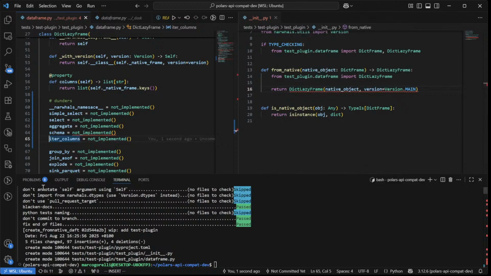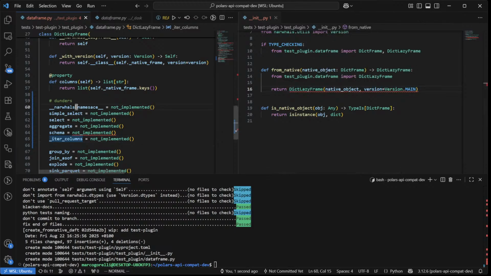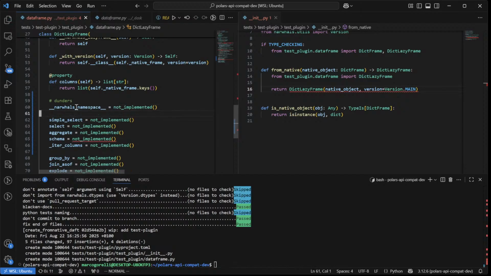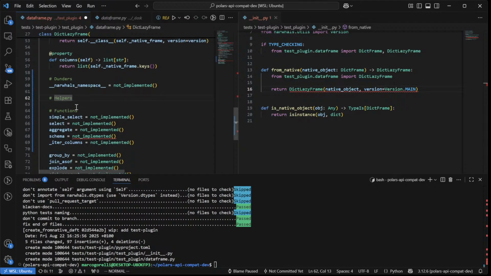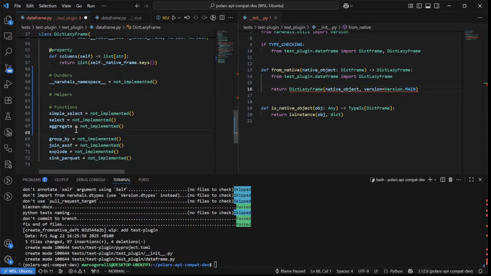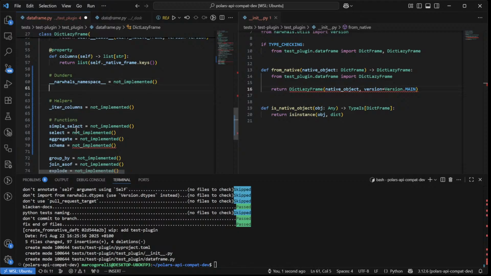Oh, needs to be private. Oh, right, name. Okay, right, dunders, helpers, functions. Yeah, this might not be a bad way to organize things. And then